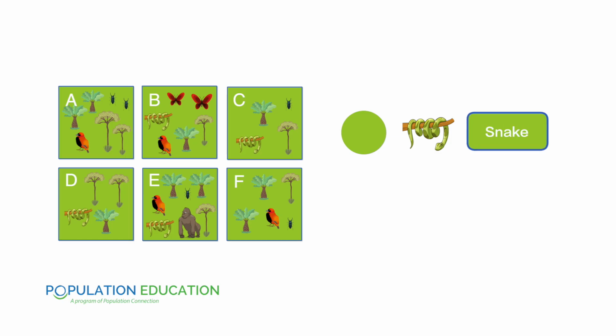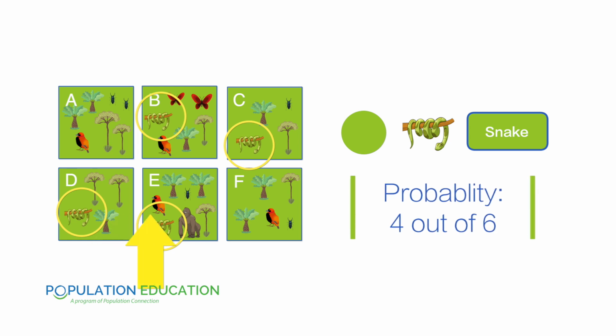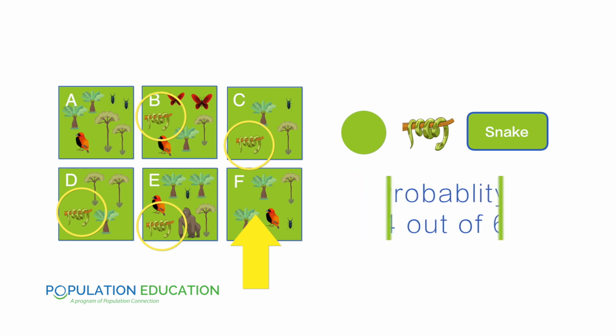In the tropical forest, let's look at the green bead, the forest green snake. The snake is in 4 of the 6 acres, so there is a 4 out of 6, or 2 out of 3, chance that the population of snakes would change if a random acre was cleared. But this was just thinking about a population changing. Now think about extinction. What is the probability that any species will become extinct if 1 acre of temperate forest is cleared? Well, it's 0 out of 6, because every species is in every acre.